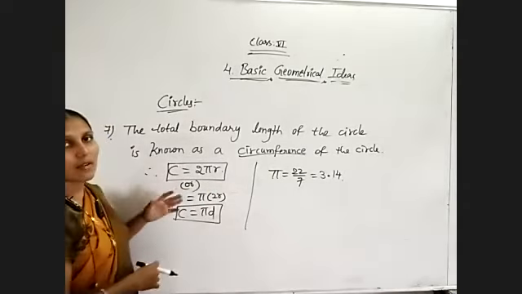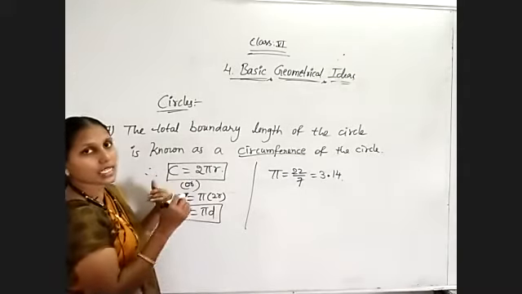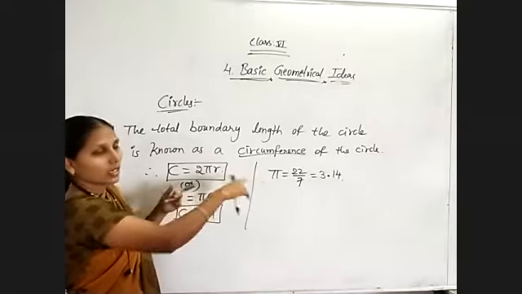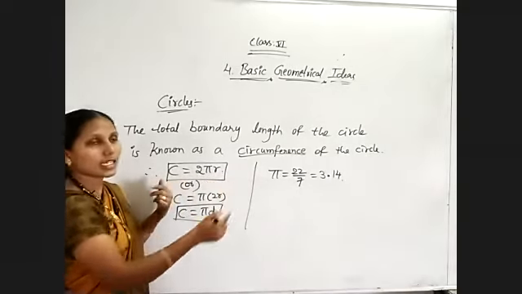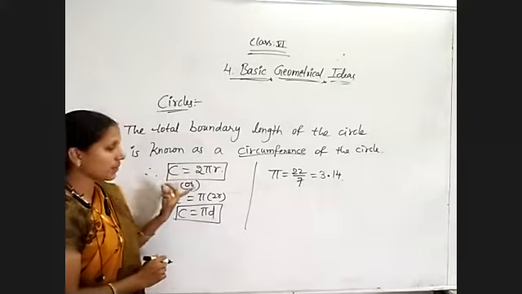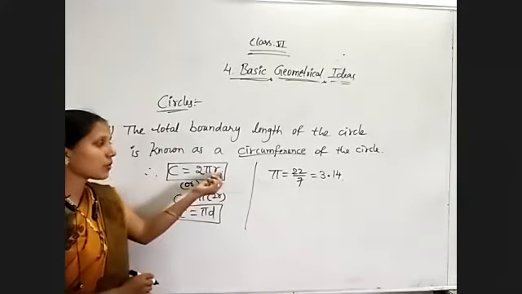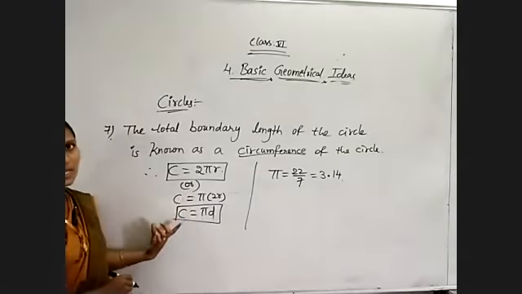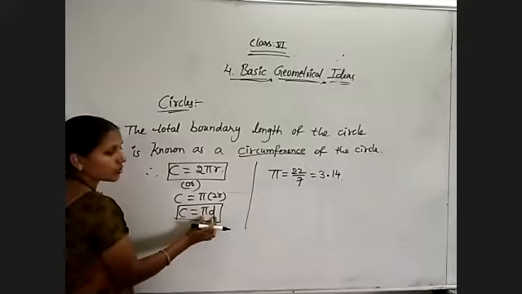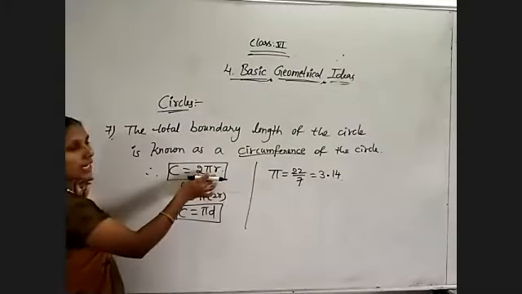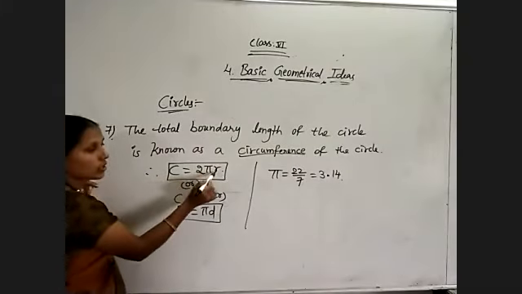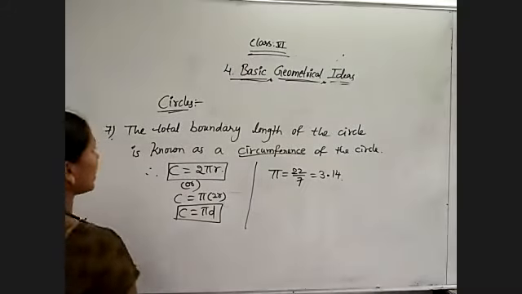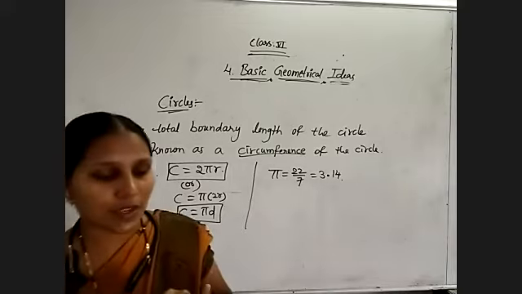Understand? For suppose, find the circumference of the circle whose radius is 5 centimeters. That means 2 5s are 10. Pi is the constant value. So 10 into 22 by 7, otherwise 10 into 3.14. By simplifying that, you will get the answer. So for different values of R, you will get different values of circumference. For different values of D, you will get different values of circumference. When diameter is given, you must use the formula pi d. When radius is given, 2 pi r. Why? Because 2 into r is the diameter. That's why we got pi d. Okay. So remember which terms we have studied now.